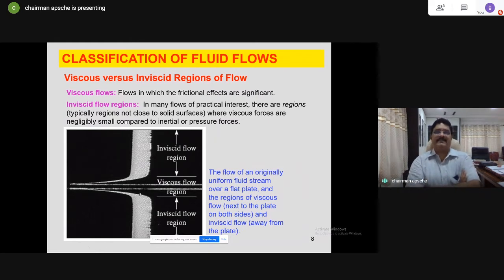Now, viscous versus inviscid regions of flow. Viscous flows are the regions where the viscosity effects are felt. Yesterday, I was talking to you about the velocity. As I said, every fluid molecule is moving at a free stream velocity. So that region appears to be behaving as if it is independent of the viscous effects of the plate, and therefore, in the inviscid region of flow, the velocity will be more or less constant. In the viscous regions, the velocity variations are